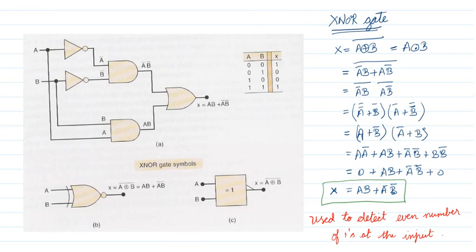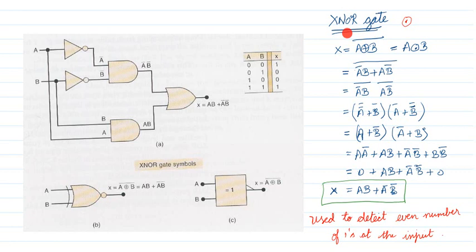Next we will move into the XNOR gate. The XNOR gate is nothing but the complement of the XOR gate. The XOR gate is there, and I am complementing. Notation-wise, I make a dot and circle, and that is the XNOR gate. Okay, so I have proved this. You can pause the video and follow it up using De Morgan's. I have shown that the XNOR gate expression is AB plus A bar B bar. So what I have done here is A bar B bar with an AND operation, then A B with an AND operation, then I added them. So this is the expression for the XNOR gate.